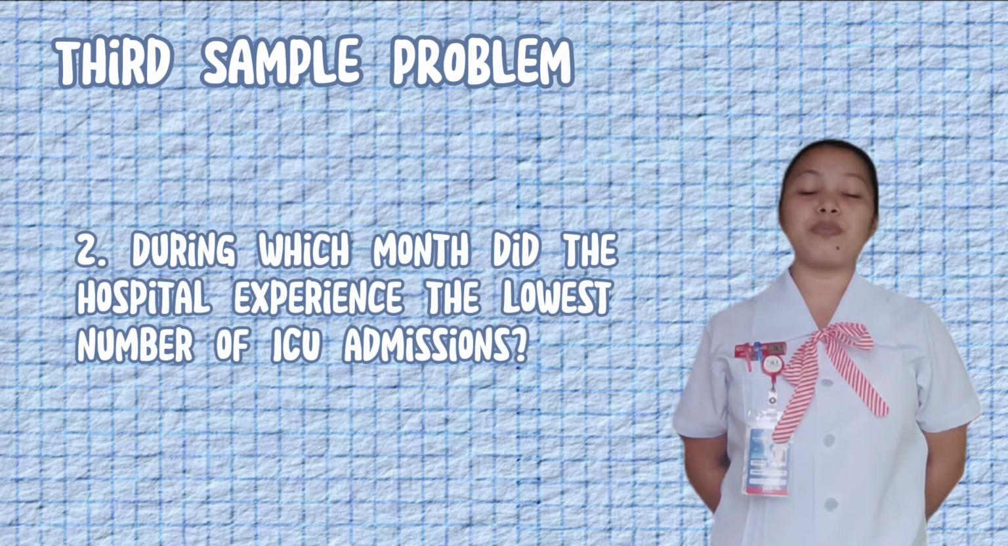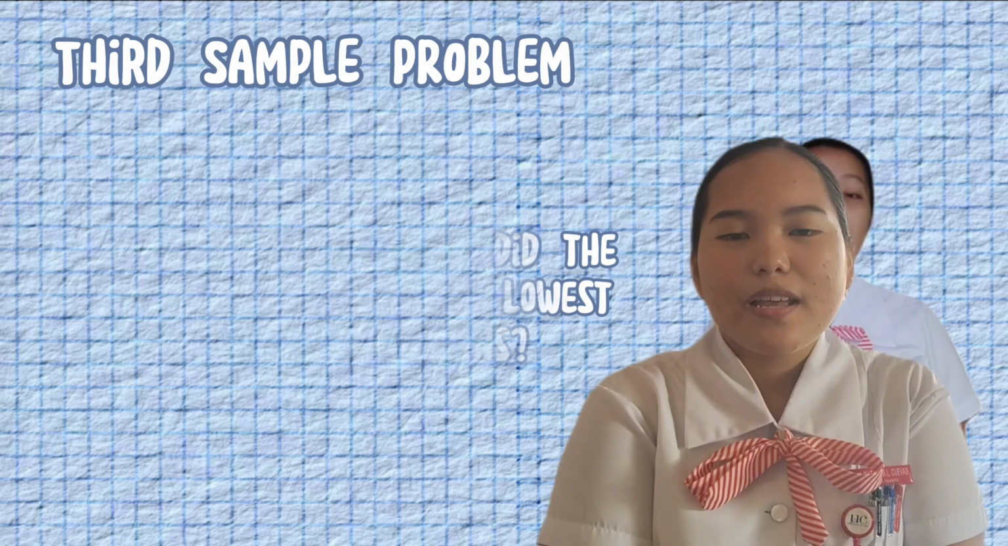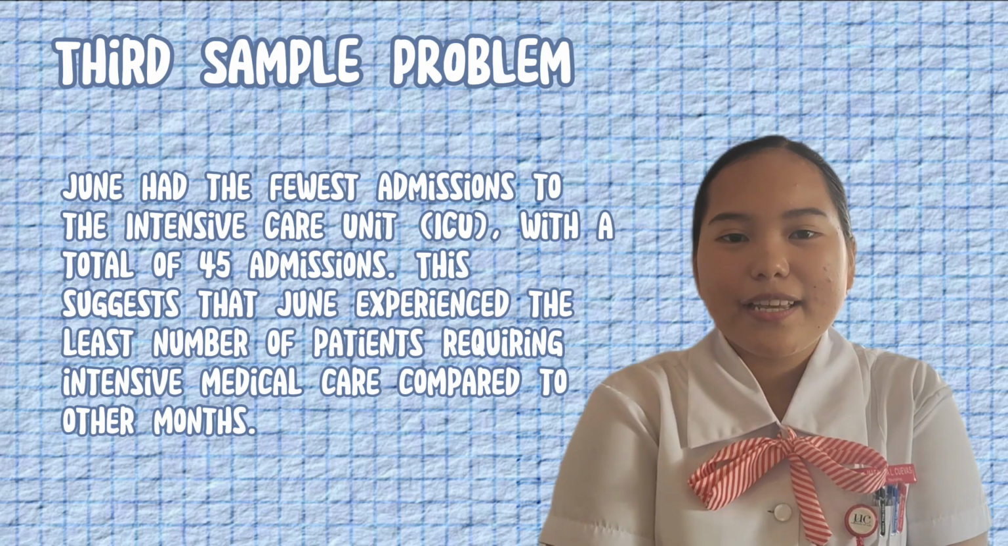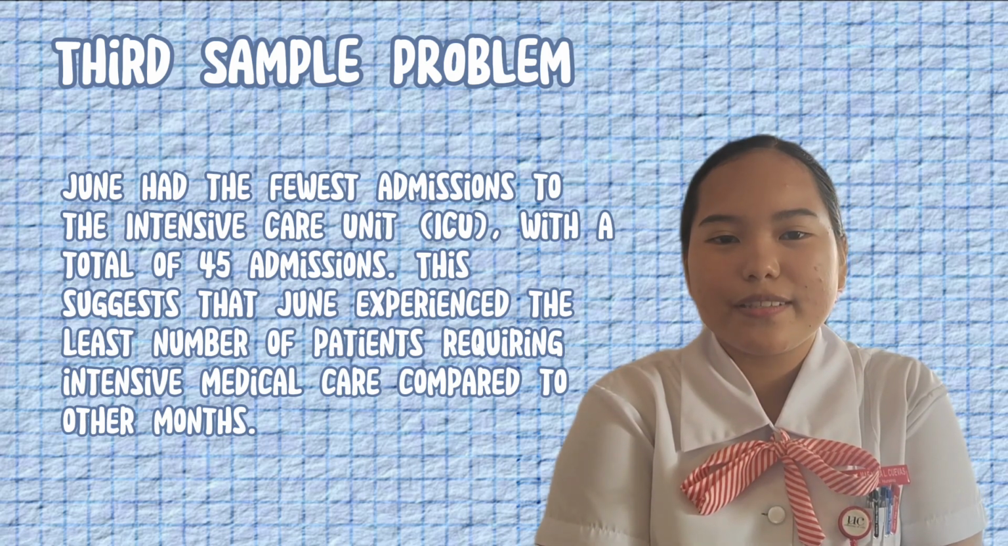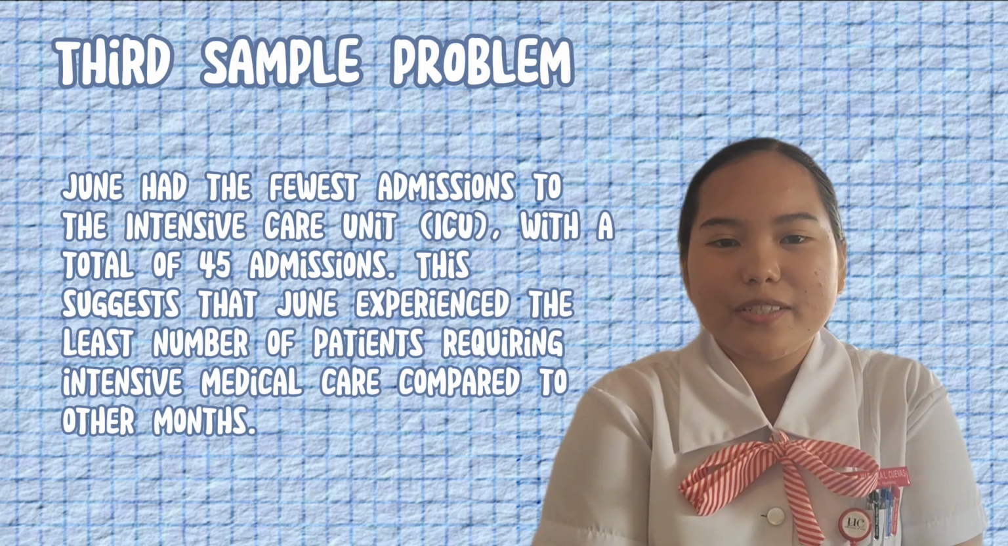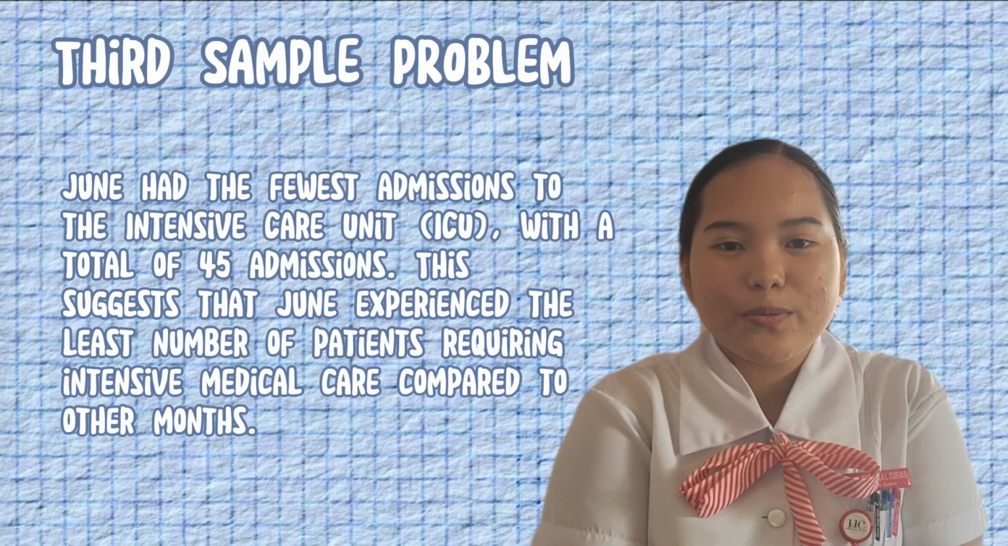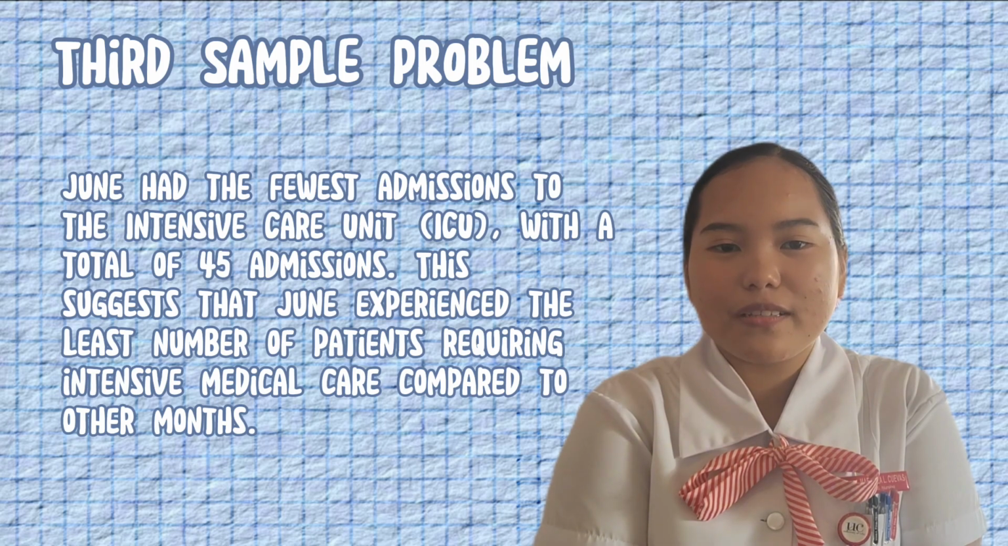Second, during which month did the hospital experience the lowest number of ICU admissions? Based on the information provided, it can be inferred that June had the fewest admissions to the intensive care unit. With a total of 45 admissions, this suggests that June experienced the least number of patients requiring intensive medical care